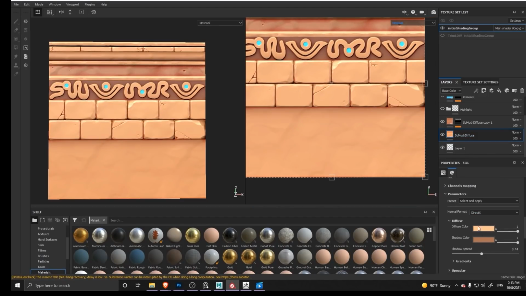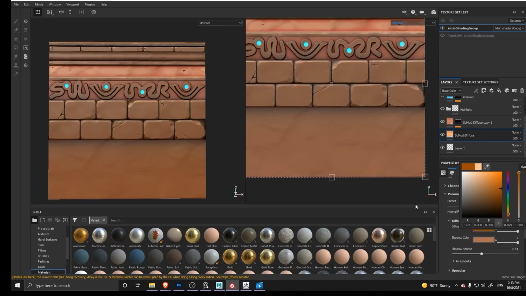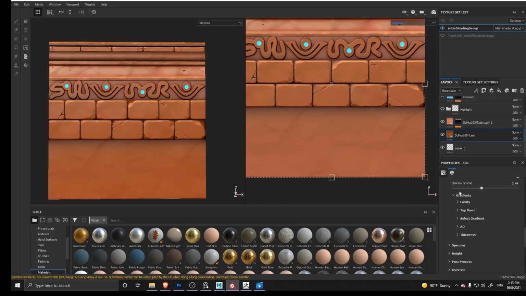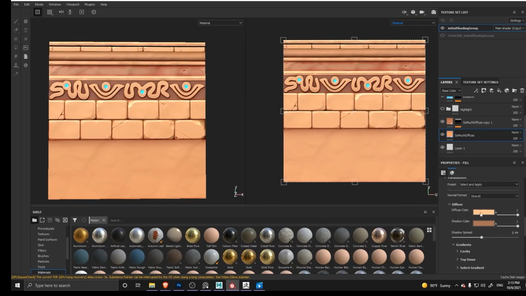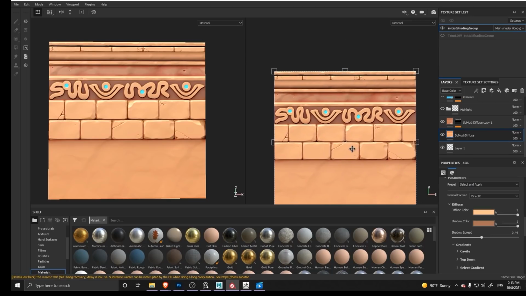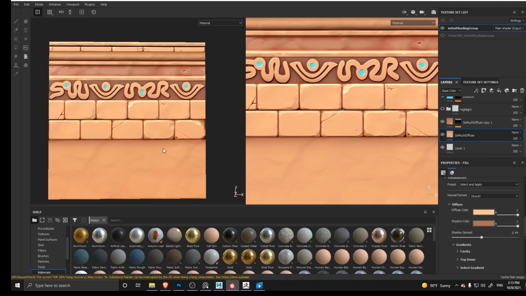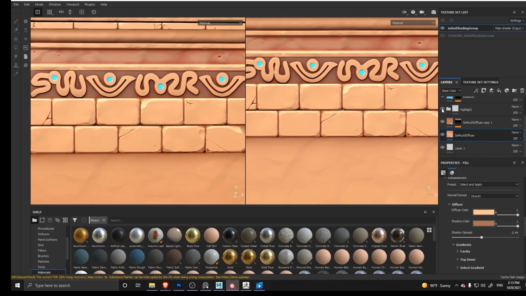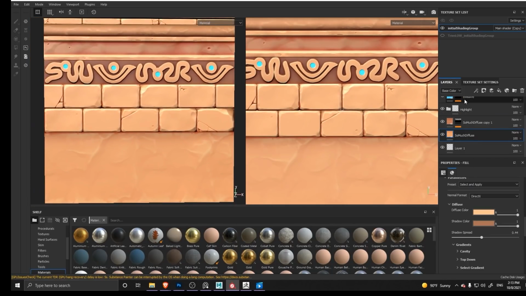You'll be able to select different colors to have on your material. You can play around with the gradient, specular, and so it goes. I like to use this to give me a good base to work out on my textures. So I just have this one for the lighter parts and this one for the darker ones. And after that, I just created some highlights. You can see in here.